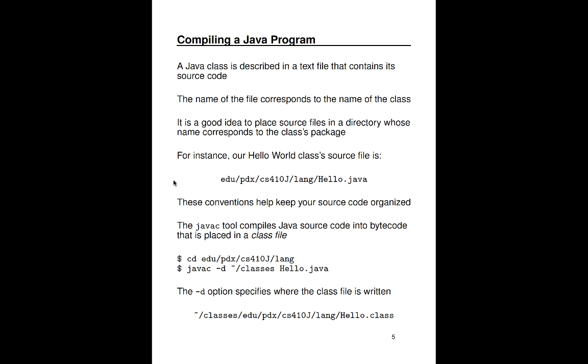Admittedly, if all you're writing is hello world, this does seem a little overkill, having all these directories just for one file. But as you'll experience, and as many other programmers have experienced, as your code base grows, it helps to have these conventions to keep things organized, to make it easy to understand where files are, and so you can find things quickly. The Java Development Kit comes with a tool called javac, which stands for Java Compiler,